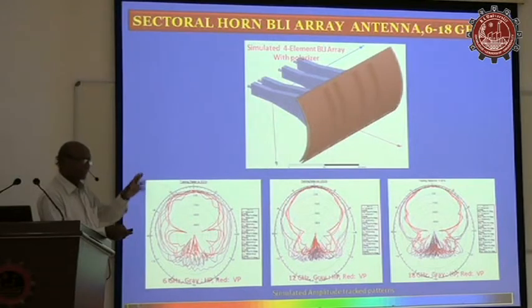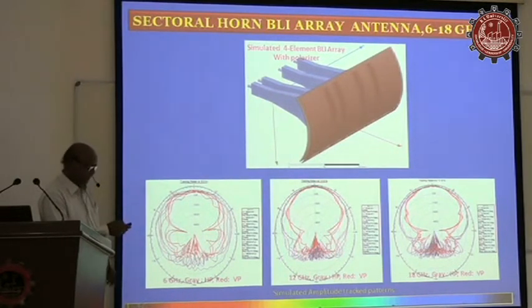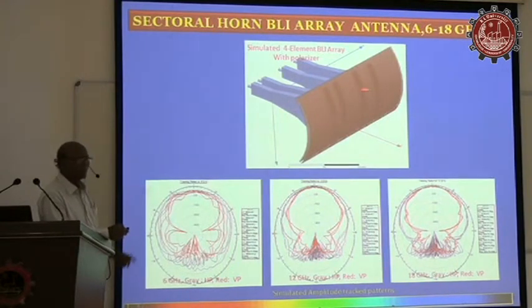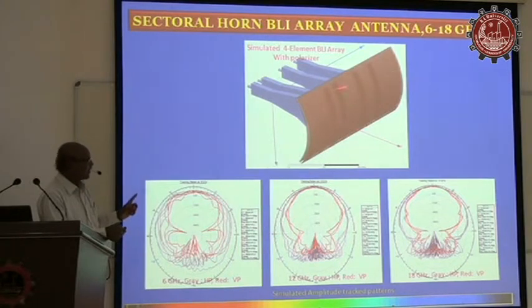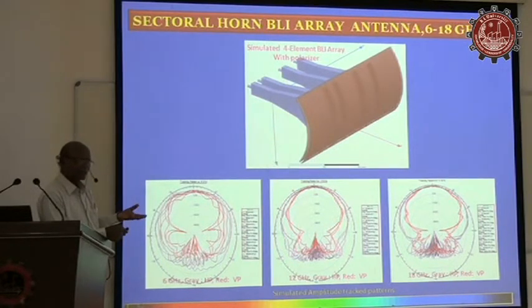Then they told us that, actually, in the catalog, this was for the radiating element without polarizer, without radome, and not in an array. For that, they said they could meet plus minus 1 dB amplitude tracking and phase tracking of plus minus 10 degrees. And for the polarizer they said they could meet it. But for the array, when I asked, they said they have to work it out and will come back.